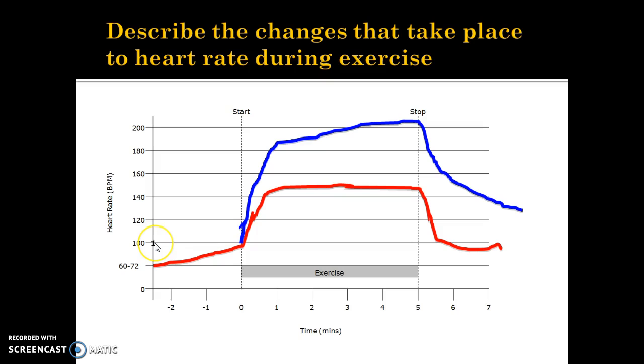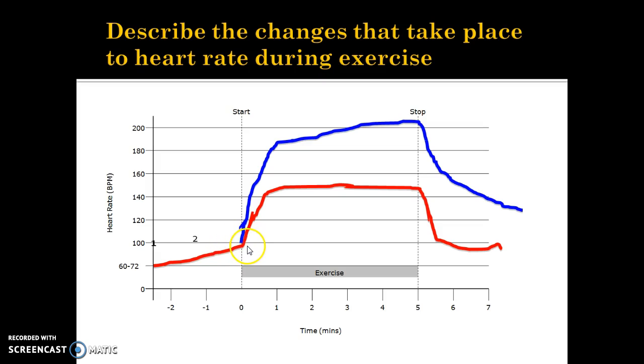So for point 1, you have to do 6 points and describe what each point is and what's happening. Point 1 is resting heart rate, 60 to 80 beats per minute. If you say around 70 beats per minute, then you work out from there. The next thing that happens before exercise, if you look at point 2, there is a slight rise in heart rate